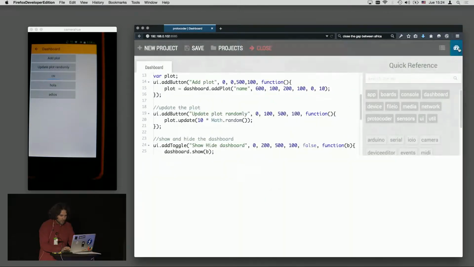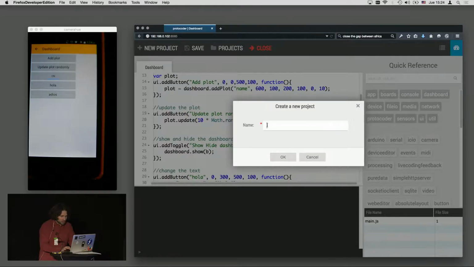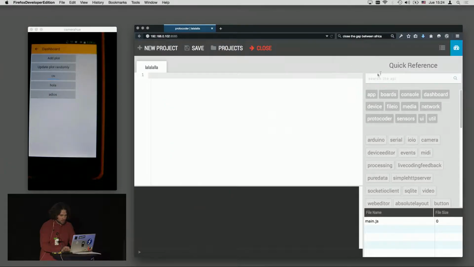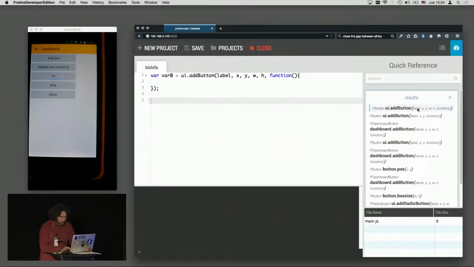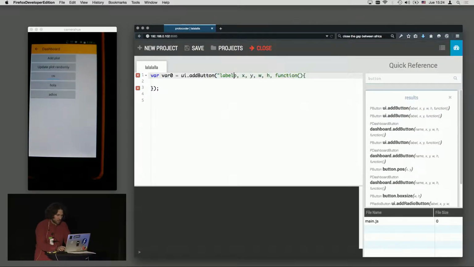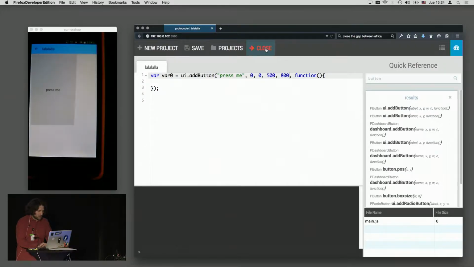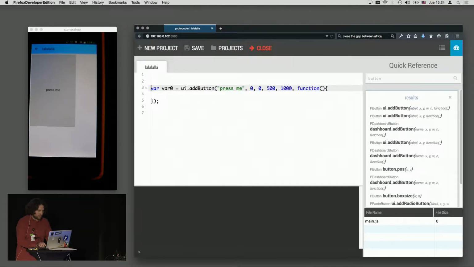So I'm going to do a little project. It's going to be really easy. I'm going to remove this. I'm going to look here for add a button, include it here, and I'll say press me, 0, 0. Everything is absolute positioning. So I don't know more or less how it's going to be. Let's see how it looks. OK, a bit bigger. And then I'm going to have a counter,